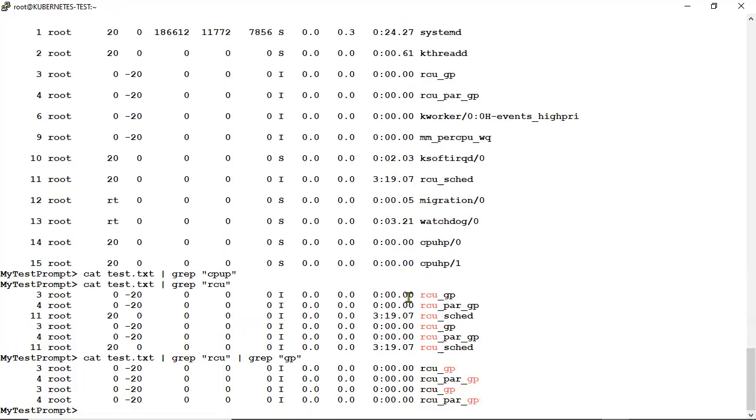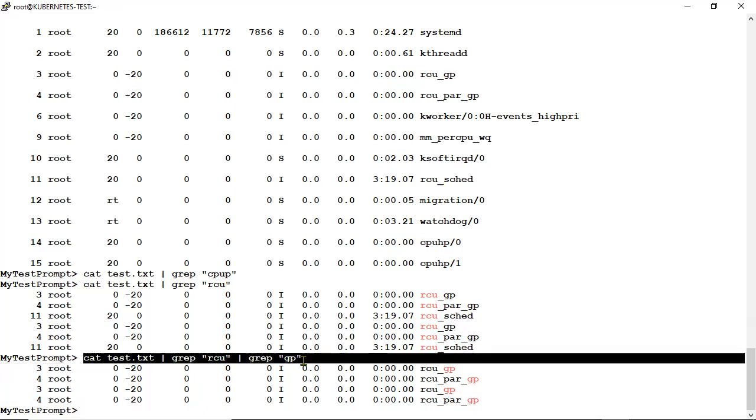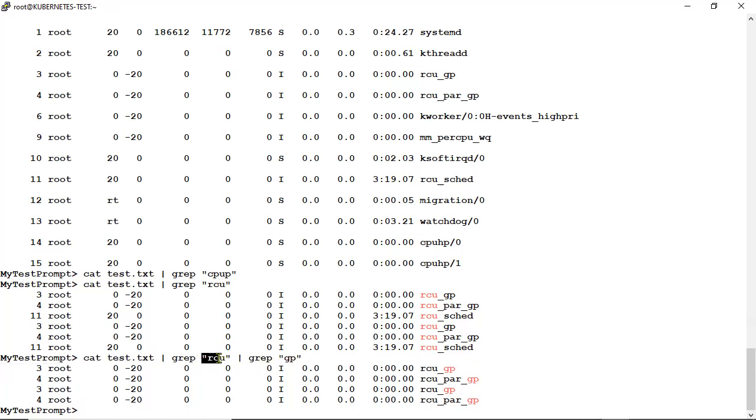Okay, so this is how you can use grep to filter the output you want, and it can be multiple. But now what is happening here is you are saying grep this one. Suppose you want lines which don't have RCU. At that time it will be like this: